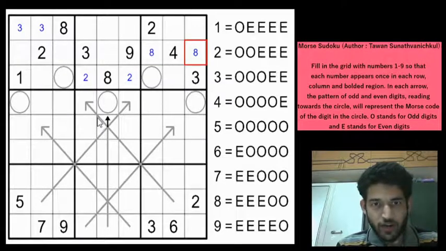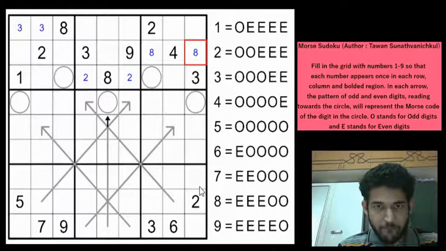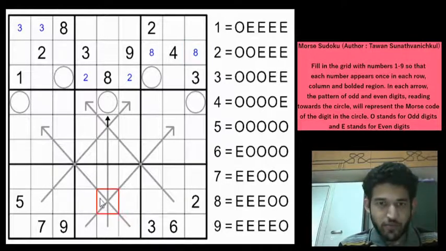There are no more deductions, as you can see. The deductions have simply dried up. So we really need to do something with the arrows and try to get the digits in the circle using this Morse code. So if you see the diagonal arrows, they are not giving us any information at all, because we can have absolutely any sequence of digits here.